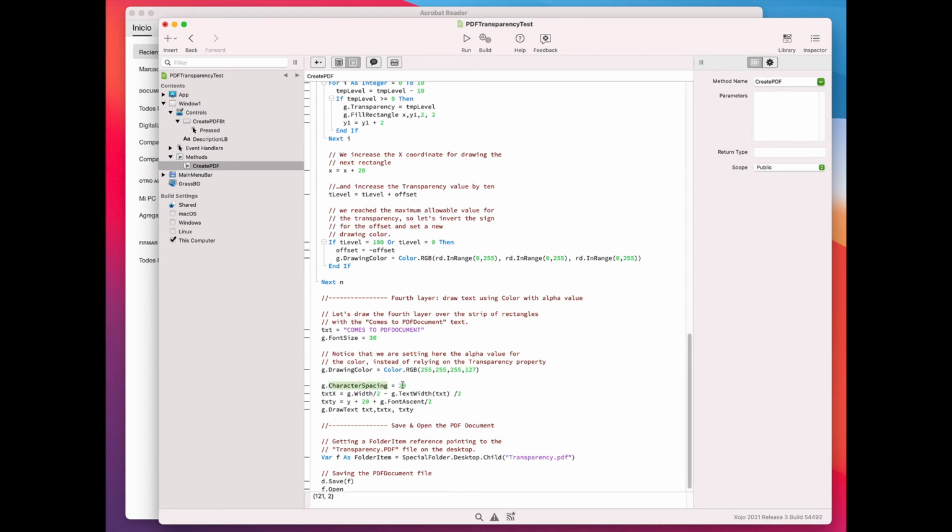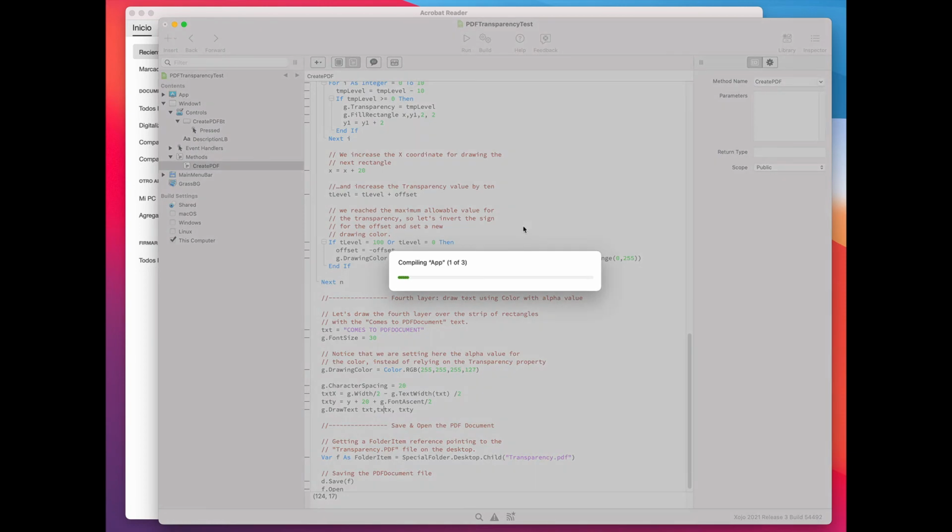So in summary, once we execute the project, we will get a PDF file with an image whose transparent background will reveal the text contents below it. Next, a strip of rectangles above the image that will have a variable amount of transparency. And finally, in the most front layer, a new text drawn in white color with the alpha value set to 50%. The level of transparency will reveal both the rectangles and the image that are below the text, and also will project the mix of colors or tint as a result of the colors that are behind each character in the text. So if we run the project,